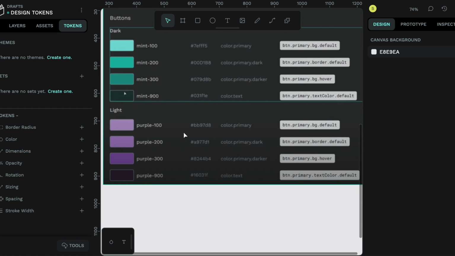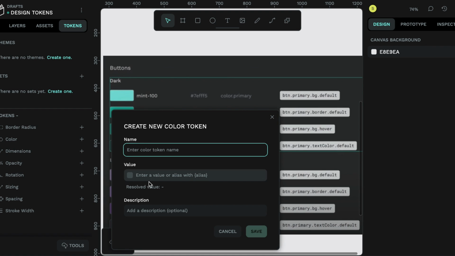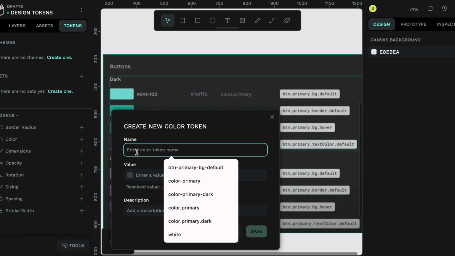So let's just start off with creating one design token here. I'm going to go to the color section. I'm going to go over to the plus sign. We're going to get this pop-up that says create new color token. I'm going to create this mint 100 right here. So the name of the color is mint